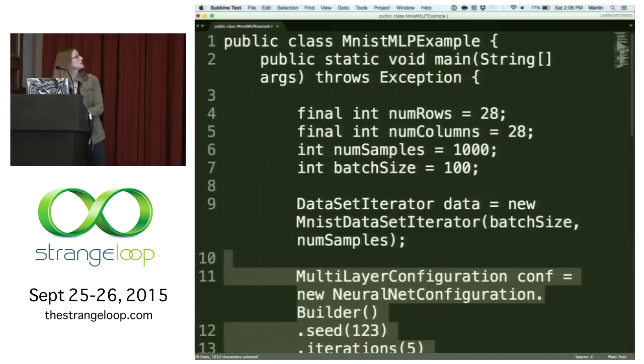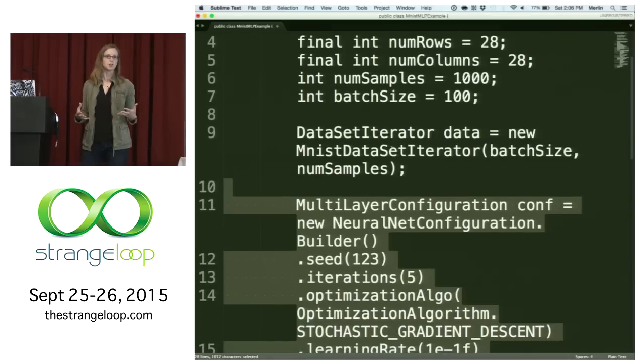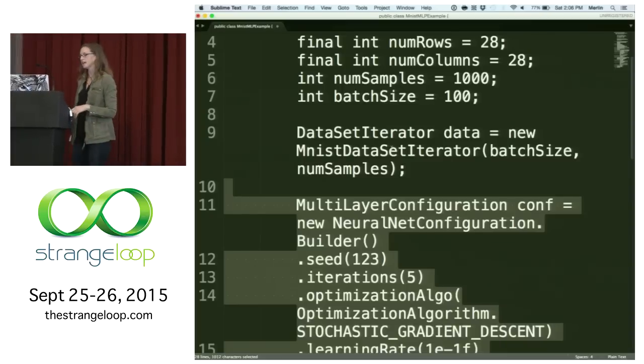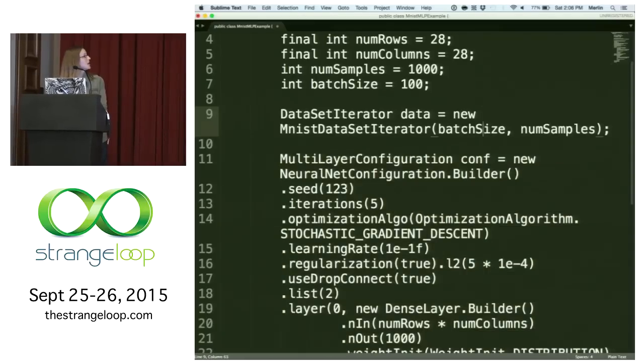Okay, so here's what I got, right? I've got this multi-layer configuration. It's just our way of saying this is an object that's going to hold this configuration for you. So the configuration is basically taking in a seed, and I'm going to make this smaller because maybe that'll make it easier. It's going to take in a seed, and the seed is one attribute that we're passing in because